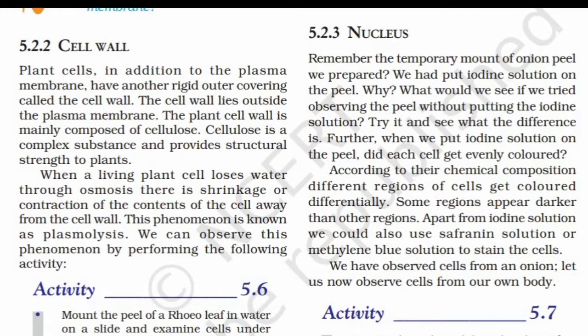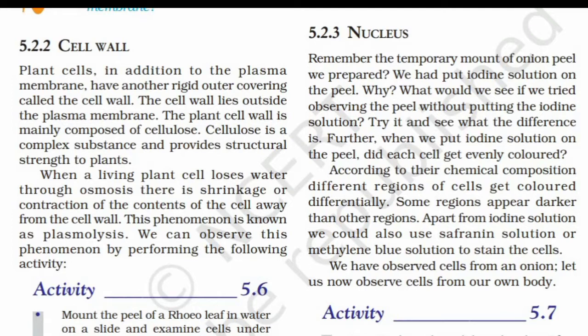The plant cell wall is mainly composed of cellulose. What is the plant cell wall made up of? The plant cell wall is made up of cellulose. Now you have to remember these names. Now what is cellulose? Cellulose is a complex substance. And what is the function of cellulose? To provide structural strength to plants. So what is cellulose? Cellulose is a complex substance, a name given to the substance, and the function of cellulose is to provide structural strength